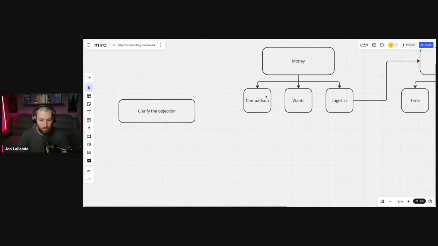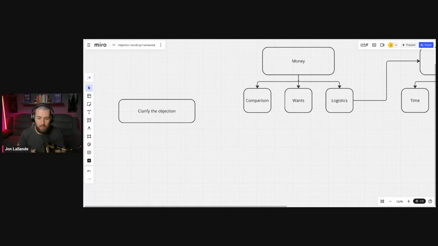So this could mean three different things. It can mean, well, my neighbor's house sold for this. I had another offer for this, right? What else could be comparison? Like, I feel like the house value is this because of this, right? I did the yard, so the house is worth $100,000 more, right? That's a comparison. So they're comparing the value of their house to the other houses in the neighborhood.